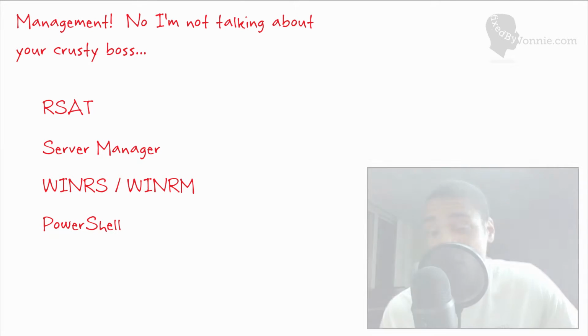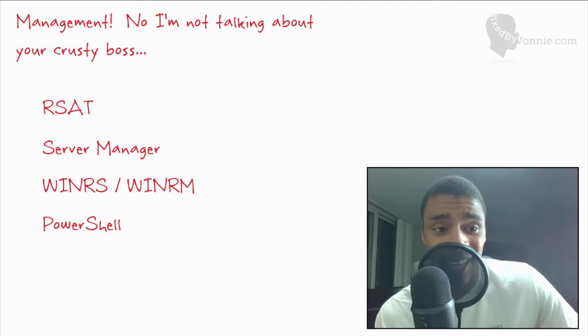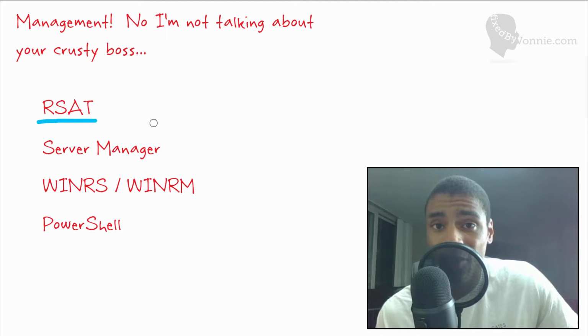So how do you manage a Core box? Great question. If there's no GUI, how do you even interact with this thing? And that's where the Remote Server Administration Tools come in, also known as RSAT. This is a set of tools that you can install on your Windows 7, Windows 8, or Windows 8.1 client machine, and it gives you an MMC snap-in. So, for example, you'll get a DNS snap-in, an Active Directory Directory Services snap-in, an IIS snap-in, and that snap-in remotely connects to your server and provides the front interface that you need to interact with it. I think this is the most common way to do it, and